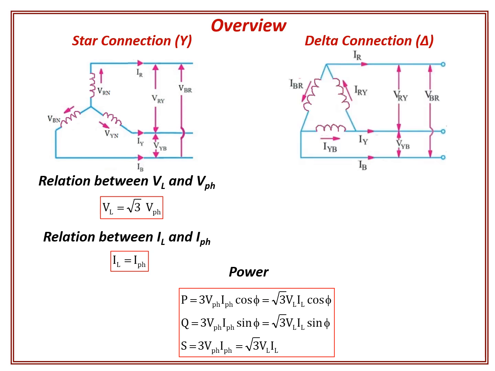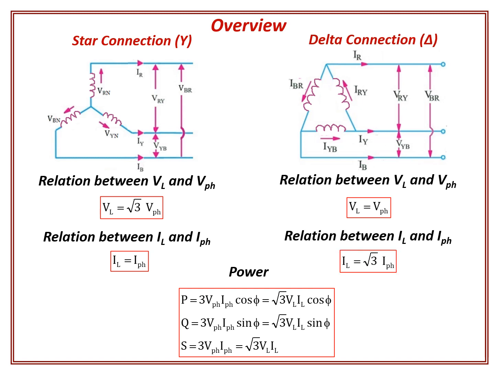In delta connection, three windings are connected together to form a closed loop. Since a phase is connected in parallel across two lines, the magnitude of line voltage is the same as the magnitude of phase voltage. Here the phase currents are IRY, IYB and IBR. The line currents are IR, IY and IB. As seen in the previous lecture, in delta connection, the magnitude of line current is equal to root 3 times the magnitude of phase current. IL is equal to root 3 times I phase. The expressions for different powers are the same for both star and delta connections.